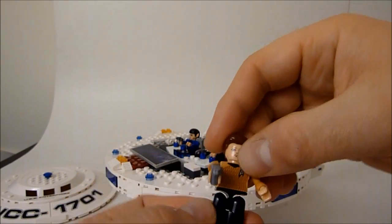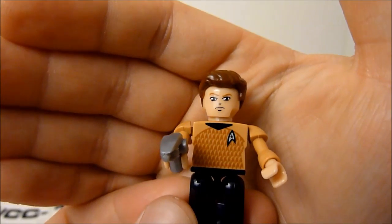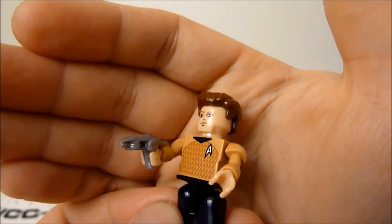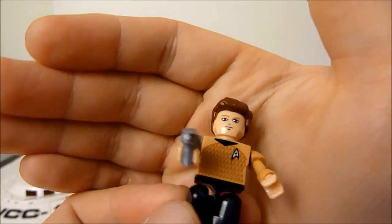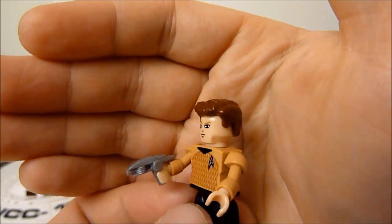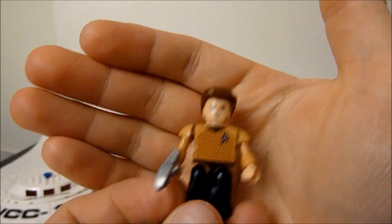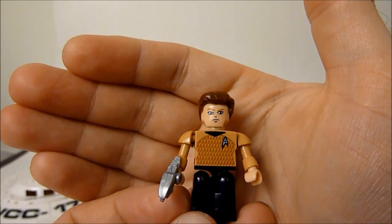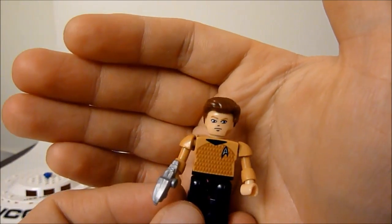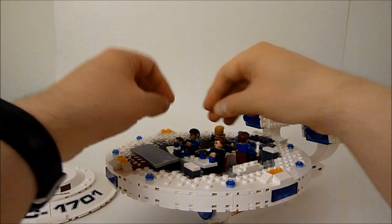Kirk, James Tiberius Kirk. And as you can see, he's got his pensive face going on there, as well as his pensive hairpiece. He's got his little captain's uniform and a phaser, and I'm excited because now I've got a whole bunch of these things. So there he is. No printing on the back. Captain Kirk. So we'll just put him right aside. We've got